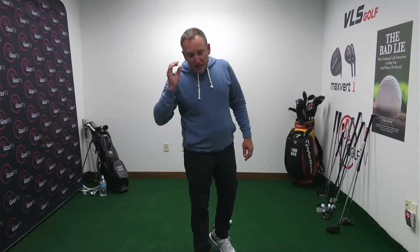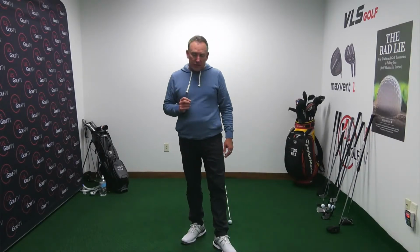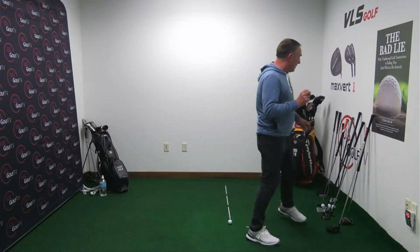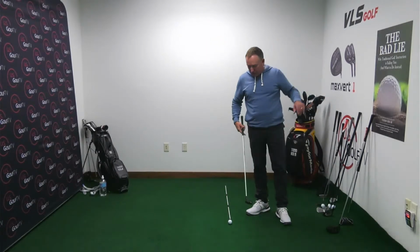All right, now, the last one, or the most important one that I want to talk about is the most controversial, and it's what we call weight shift. Okay, weight shift. Now, in the vertical line swing, okay, and in the Bad Lie, the book, which hopefully some